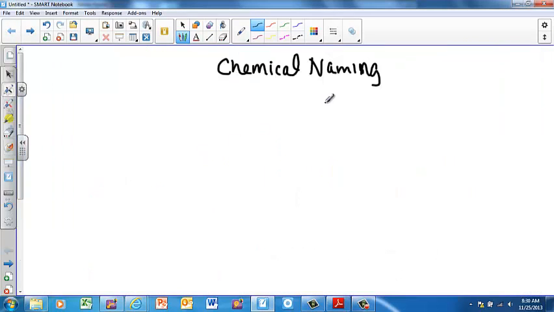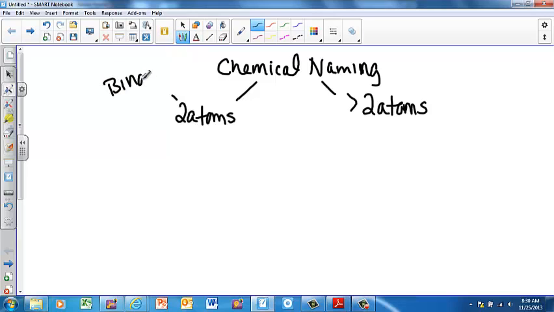Alright, so first thing, therefore, is when we're naming, we need to look at two things. Are there only two atoms in the compound, or are there more than two atoms in the compound? Okay, we're going to focus on the two atom ones. These are typically referred to as binary. Bi means two, only two atoms. If both of those two atoms are